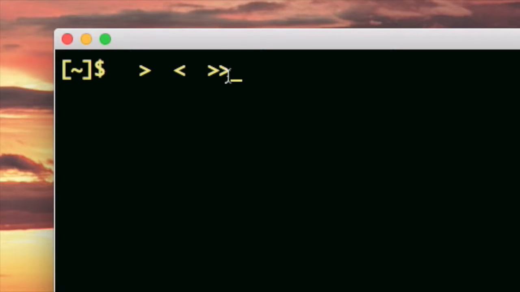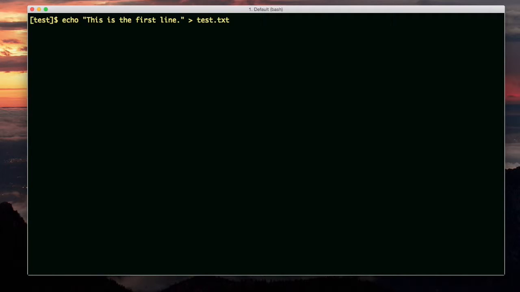Do you see those? Less than, greater than, and double greater than. Those are the key to line-by-line access to text files. Look at this command. Echo, this is the first line, and then redirect the output of echo to this